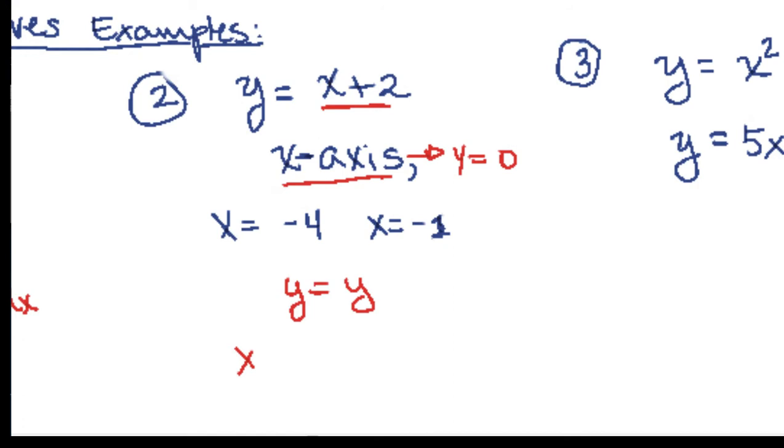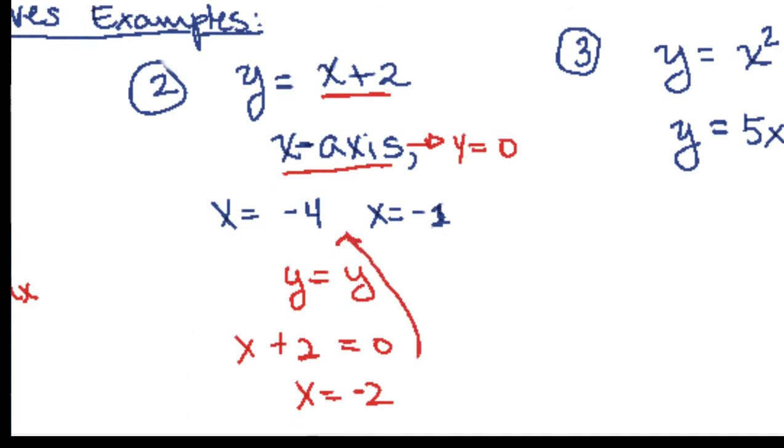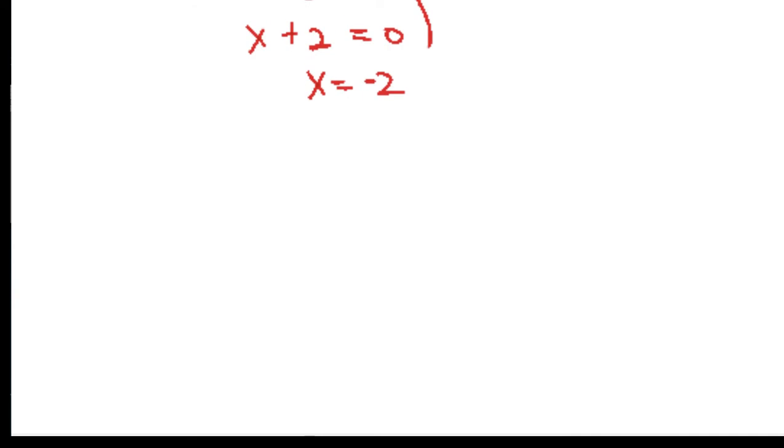So if we do that, you get x plus 2 equals 0, x equals -2, and sure enough, -2 is in between these two numbers. So what we have here is a scenario in which our function